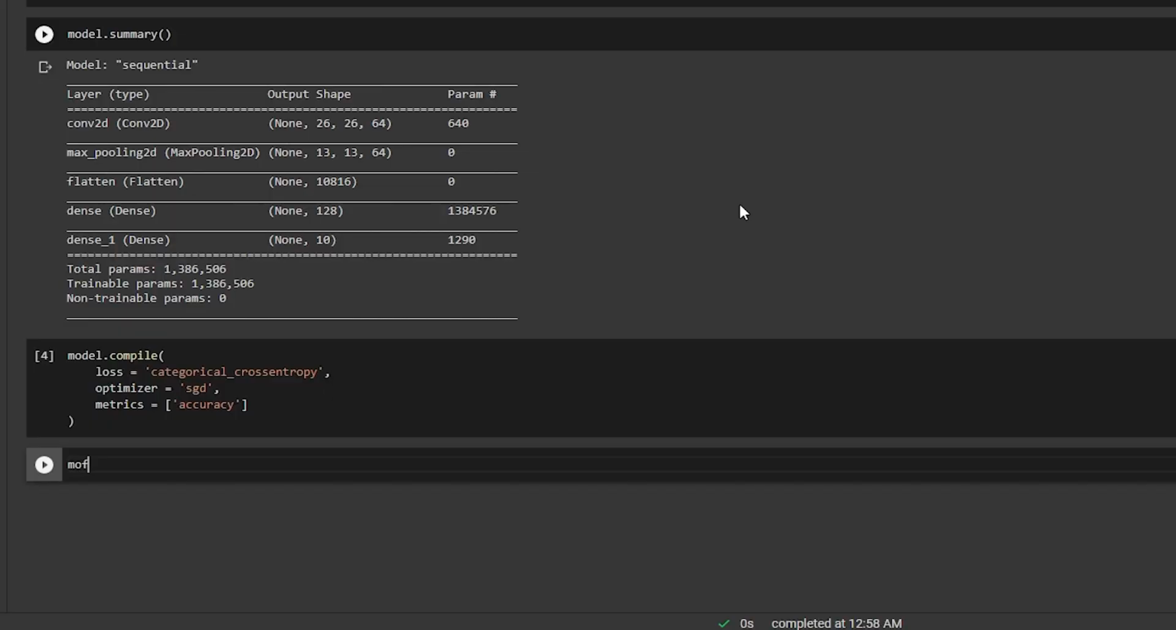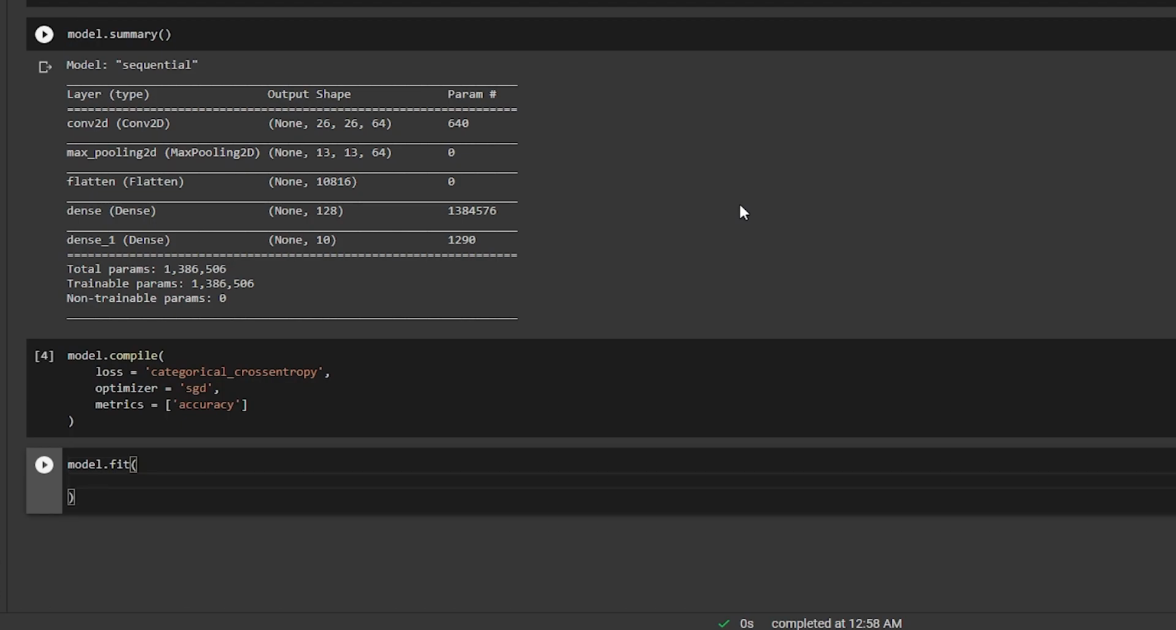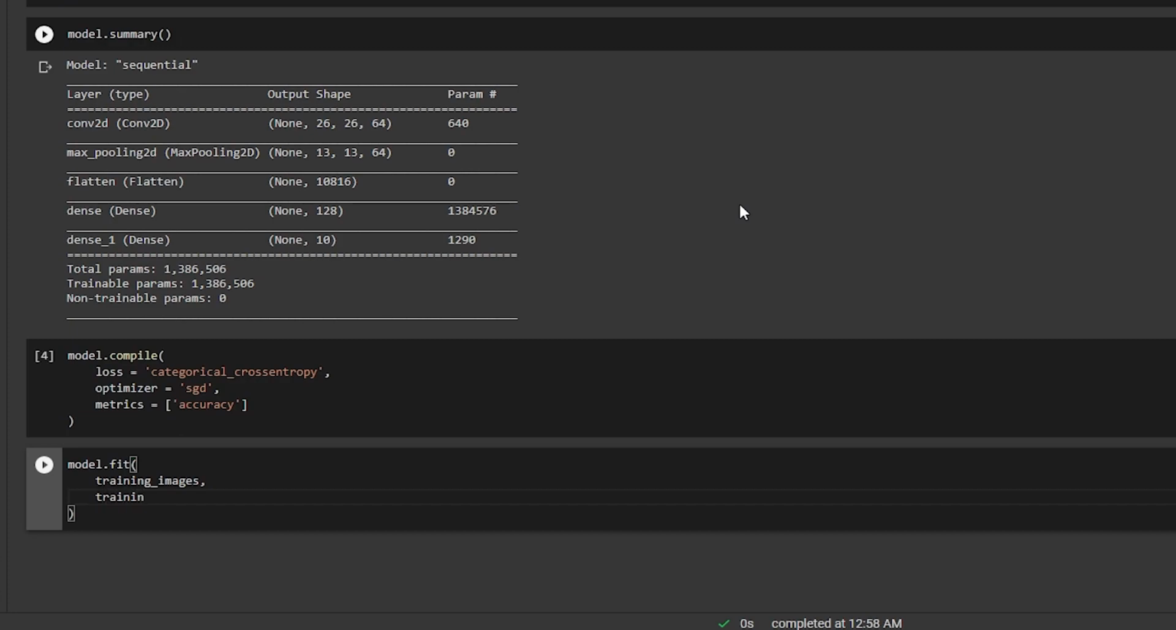We will see to it in the next tutorials, where I'll try to increase the accuracy while understanding the parameters of the CNN. Now let us move on with the training procedure. I'll say model.fit. Here the parameters are, first, my input, that is the training data, so training images, and after that I have training labels,